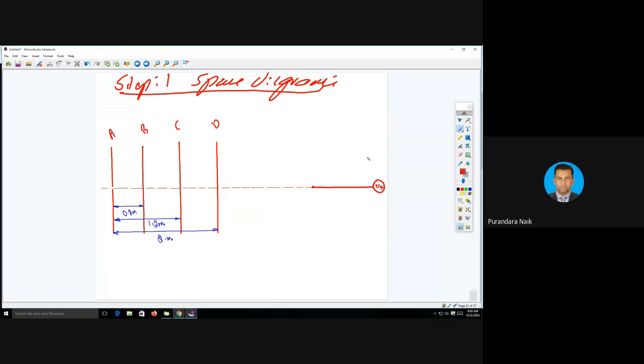MA. And MB, I don't know the angle of MB. You can take anywhere. I'll take somewhere here. I know the mass, but I don't know the angle. MB. Angle is unknown. That's why I have taken it as a dotted line. But it is not shaded because we know the mass. Theta B.